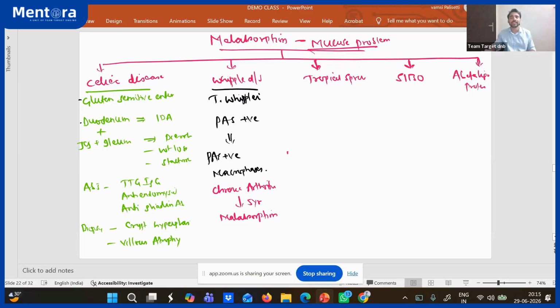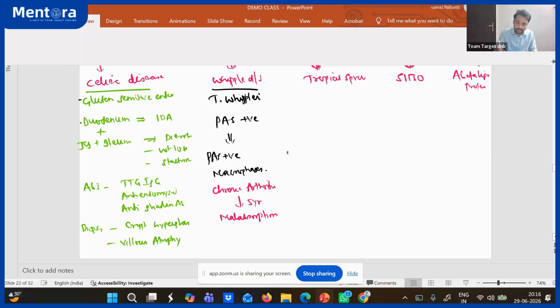So usually you will treat this arthritis as seronegative arthritis in your OPD and all, but later you will develop malabsorption symptoms. The patient has weight loss, the patient develops diarrhea and all. When you do the intestinal biopsy and you see these PAS positive macrophages, then only you will diagnose Whipple disease. Very, very important thing. So these patients will have, apart from malabsorption, arthralgia features also. When you do the intestinal biopsy, you will have PAS positive macrophages. Okay, then let us come to tropical sprue.